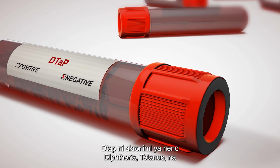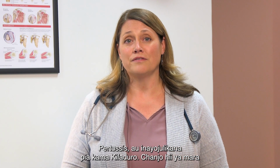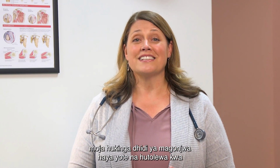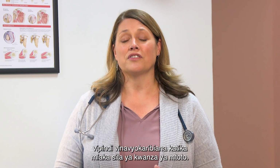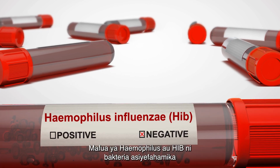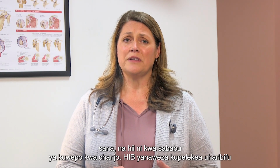DTaP is an acronym that's short for diphtheria, tetanus, and pertussis, otherwise known as whooping cough. This single vaccine protects against all of these diseases and is given in a few intervals throughout the child's first 6 years. Haemophilus influenza, or Hib, is a bacteria that isn't well known, and this is because of the existence